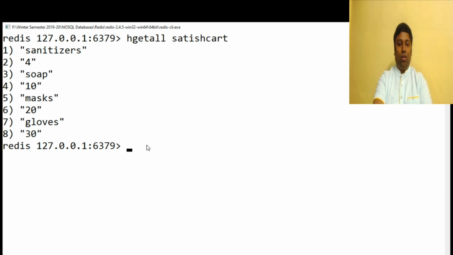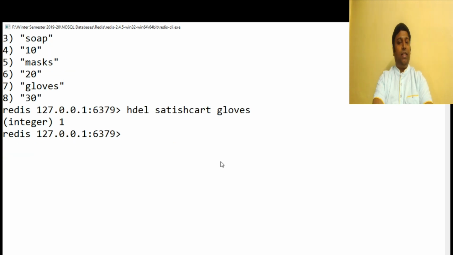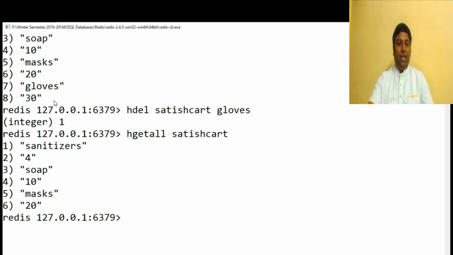So how we can go and delete that is just use this command HDEL and then give the name of the object and then the field which we are going to delete. Okay, here integer 1 means that field got deleted. We can go and check that with HGETALL and then we give the name of the object. So now you can see the field gloves got removed from the structure.